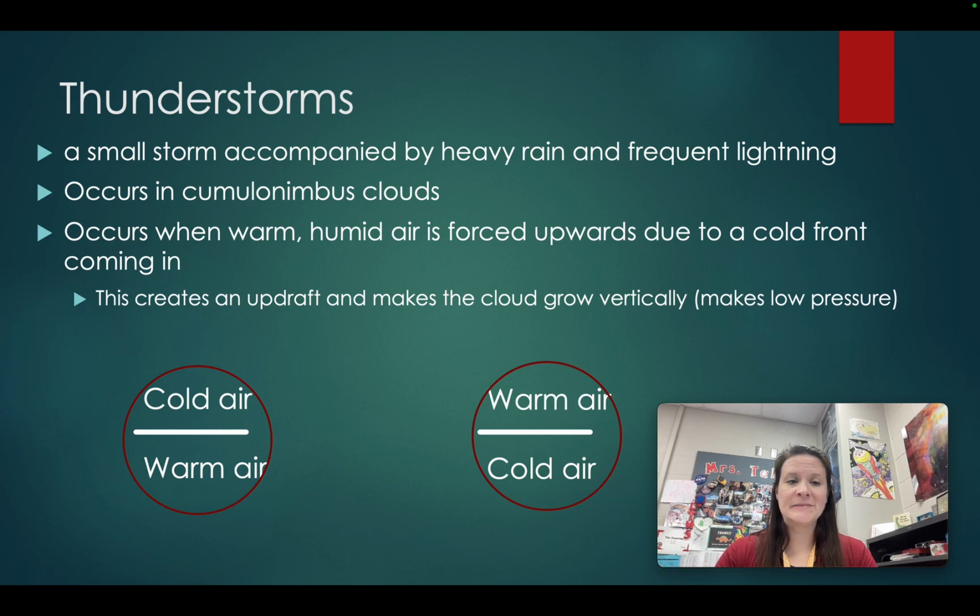A thunderstorm is a small storm that is accompanied by heavy rain and frequent lightning. You will always have them occur in a cumulonimbus cloud, which we learned about yesterday. That's the one that grows upward. And the thing that's going to cause them is when warm, humid air is forced upwards due to a cold